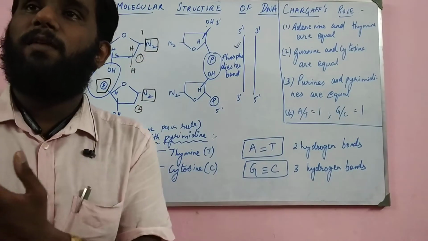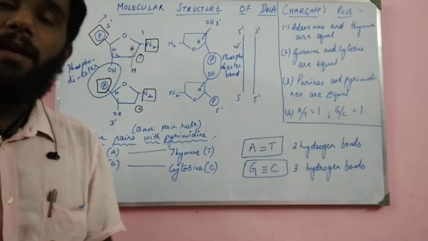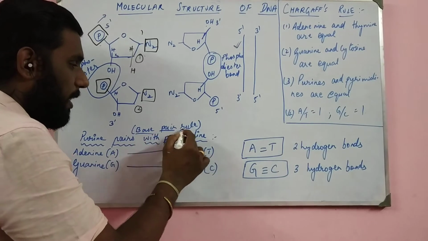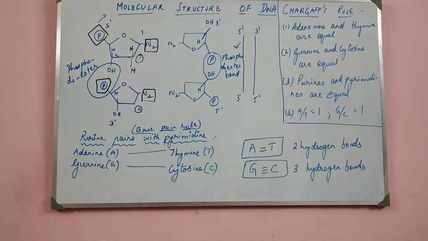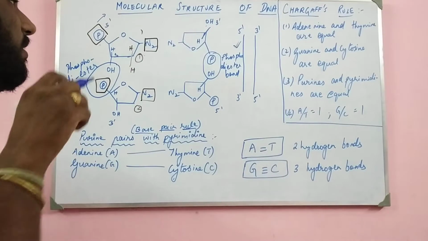A purine will come or a pyrimidine will come? Which is going to basically fall here? We'll see this. To know that, we need to understand the concept which is called the base pair rule. So what is this base pair rule? The base pair rule very clearly tells that purines always bond with a pyrimidine, which means if there is going